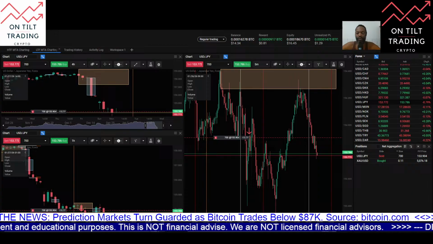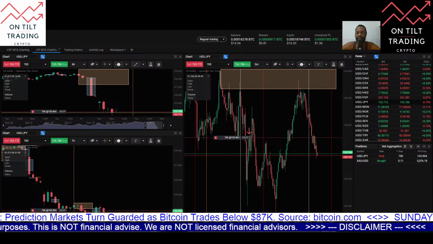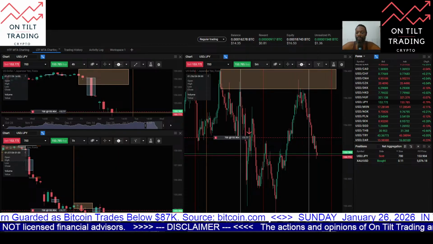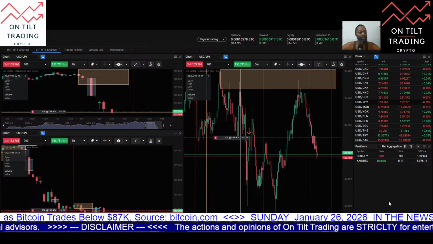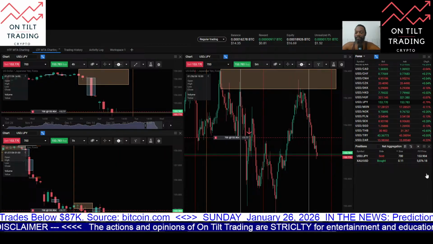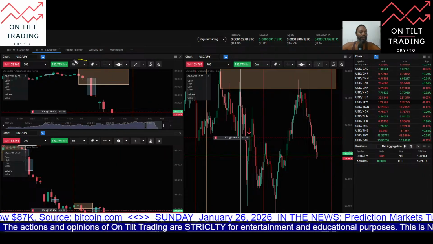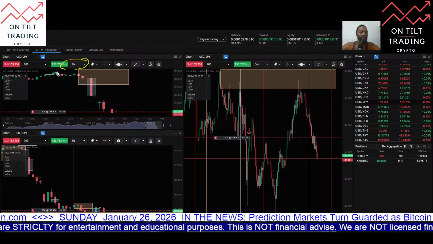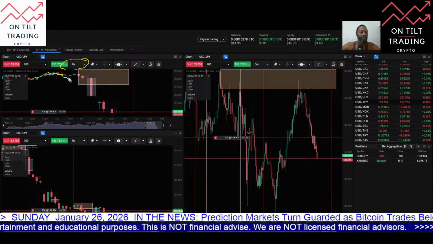I'm currently short in USD JPY, and I am also long in gold XAU USD. I'll walk you through what I have trading top down on both. Starting here on USD JPY, here on the 4-hour chart, we can see last week some consolidation here on the